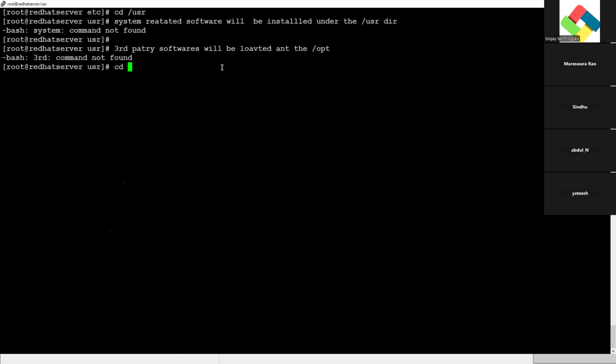What is that, guys? cd /opt. Guys, understood? System related softwares will be installed under /usr, and the third party softwares will be installed under /opt. Guys, now you understood?